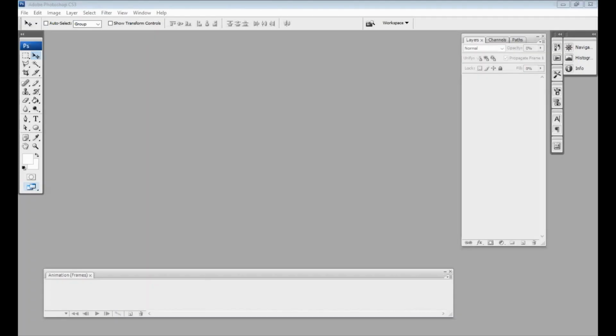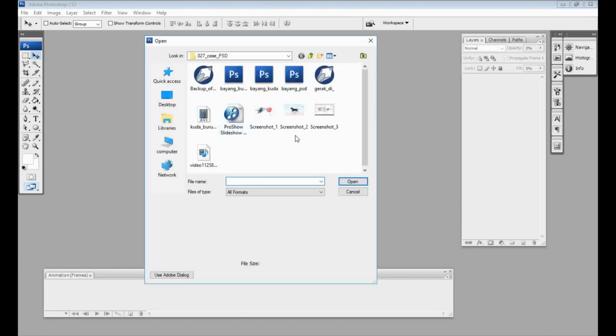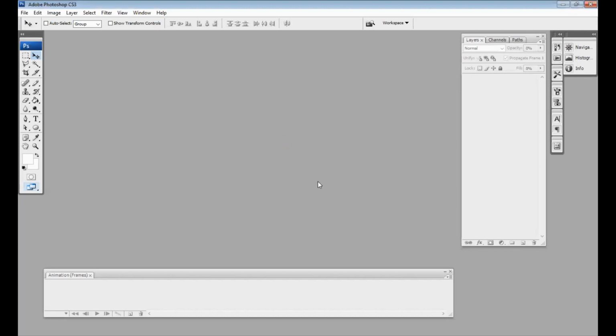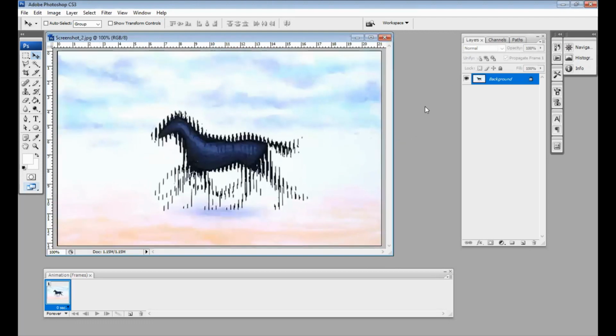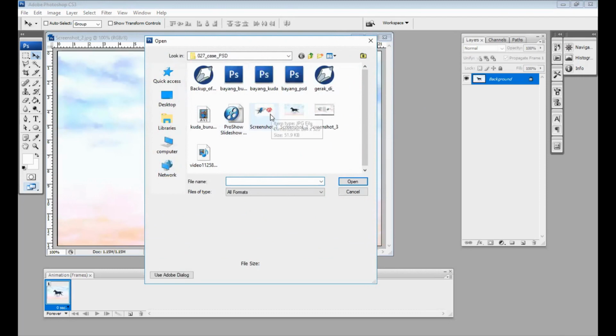Okay guys, let's try another concept from CorelDRAW, but now we try to Photoshop. Okay, the first image, the same concept with CorelDRAW. Okay, now I choose